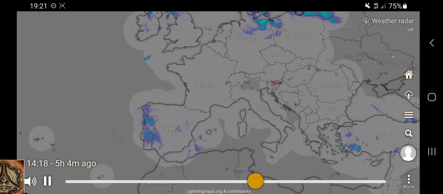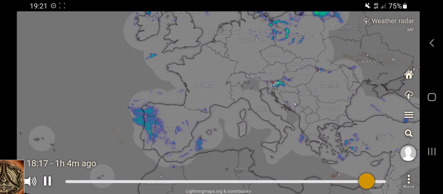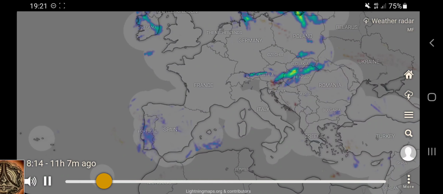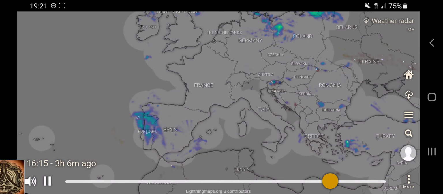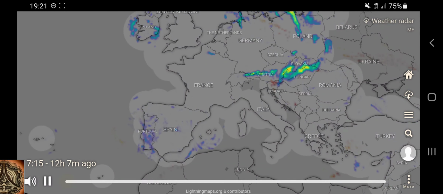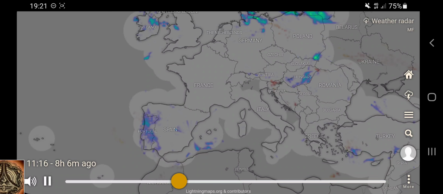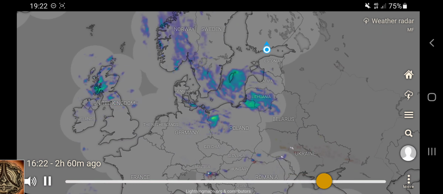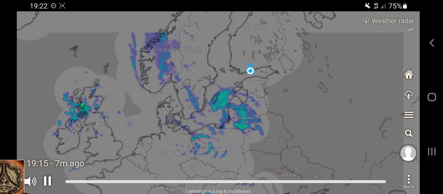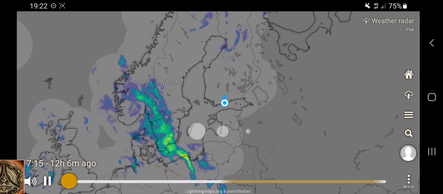And this is now going on for at least a week, every evening, huge thunderstorms in Europe. I think there's quite much damage been done already. Fields are flooding, crops are drowning.